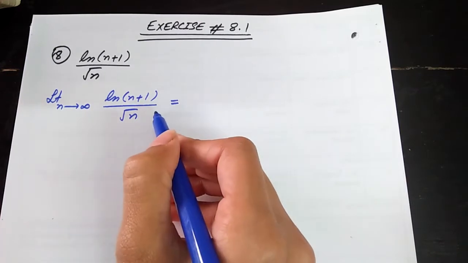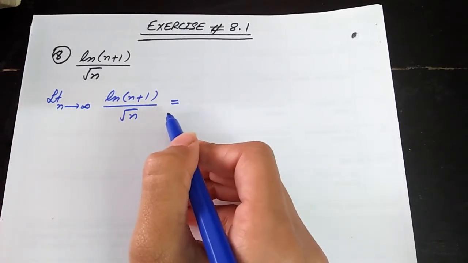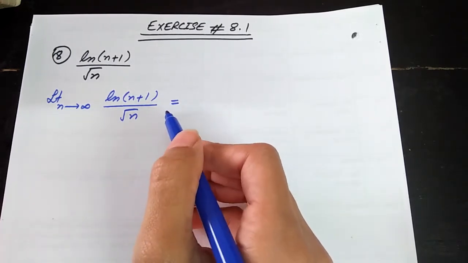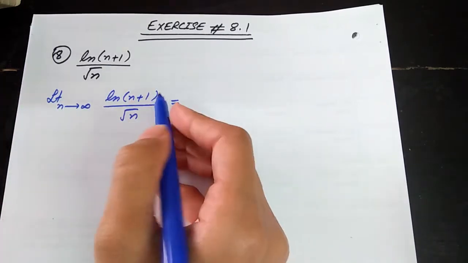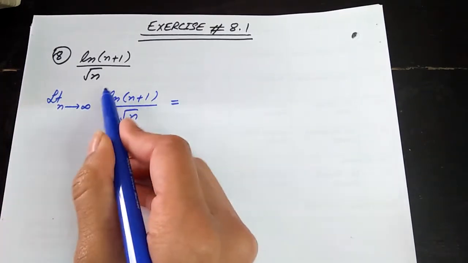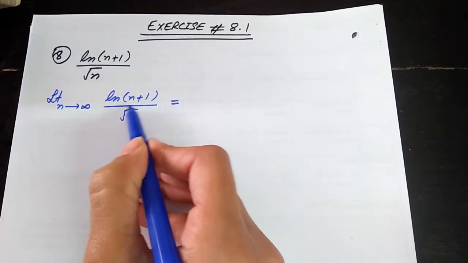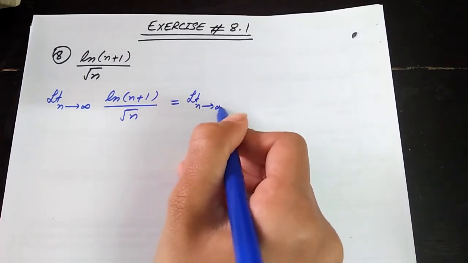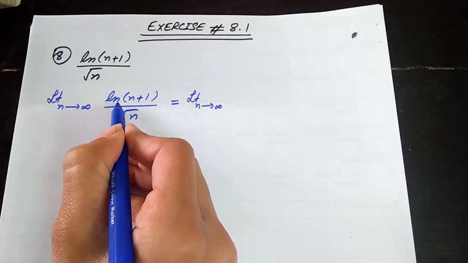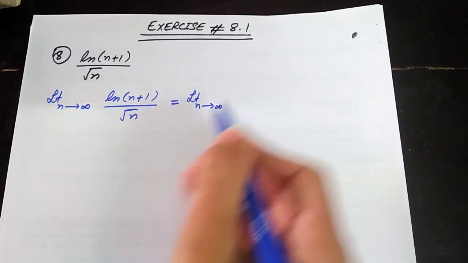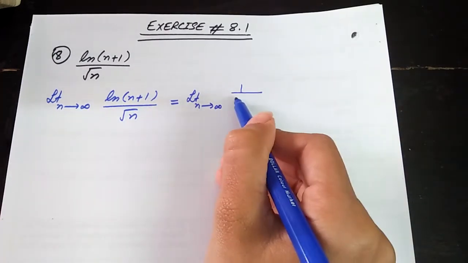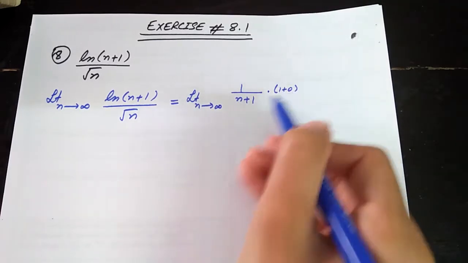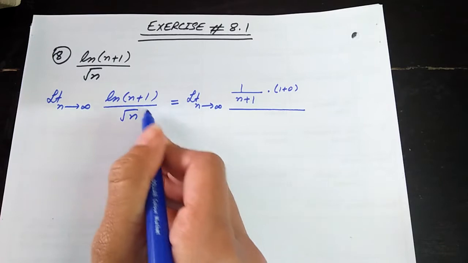Now you know what that rule is. That is already explained in the calculus by S.M. Yusuf in the exercises of limits. In the L'Hopital rule, you have to take the derivative of the numerator separately and the derivative of the denominator separately. The limit will remain as it is. Take the derivative of the numerator. We know that the derivative of ln x is 1 over x. So it is 1 over that function, and what is that function? n plus 1, into the derivative of that function, which is 1 plus 0,